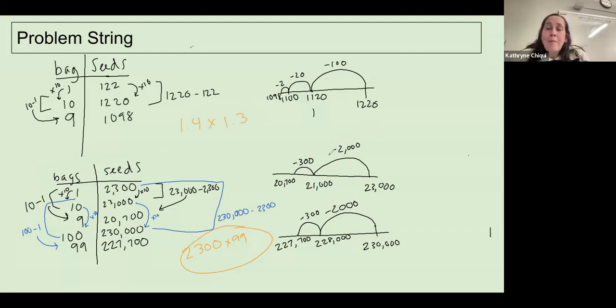Not super helpful. But if you have a decimal like this, I can think about this as 3, and then the over strategy can be helpful. Same thing with fractions. If the fraction is close to a whole, that can be super helpful to be able to use the over strategy. Now, if you are just starting this, seeing those relationships though is super challenging. So if we're talking about whole numbers though, which is what we've been working with in this problem string,